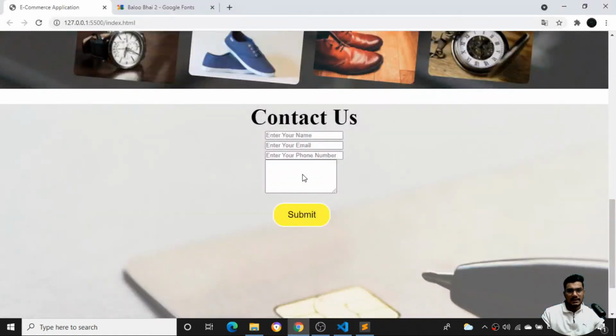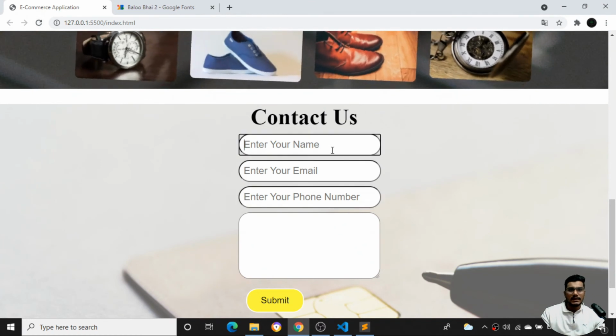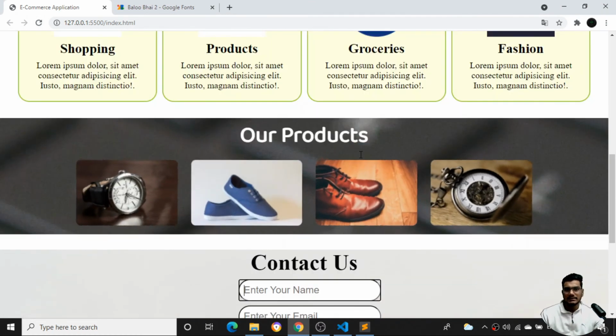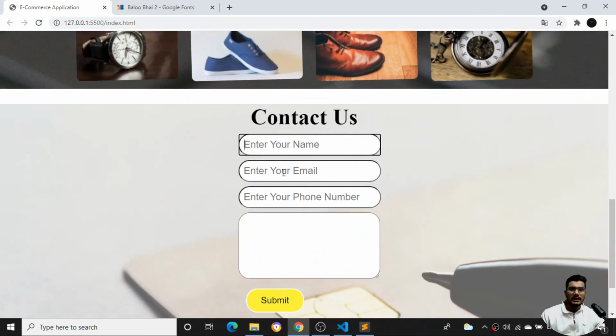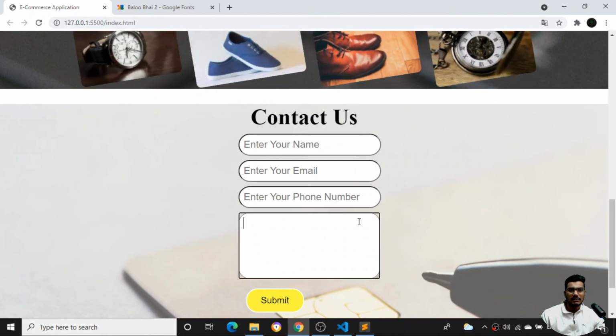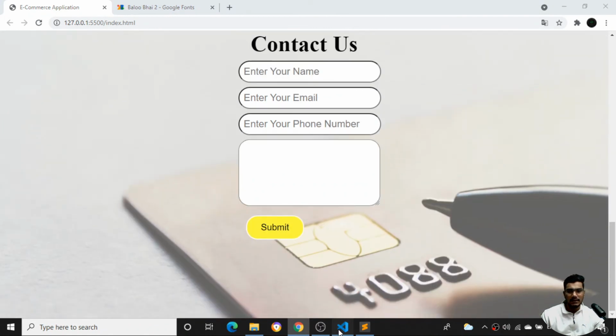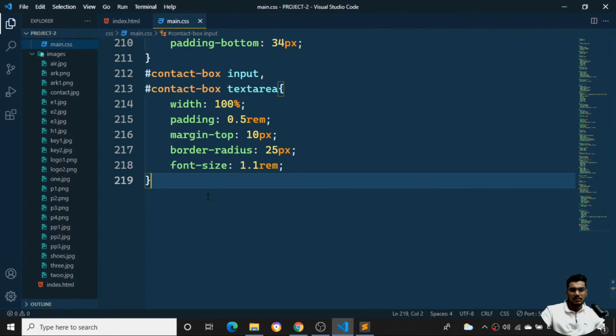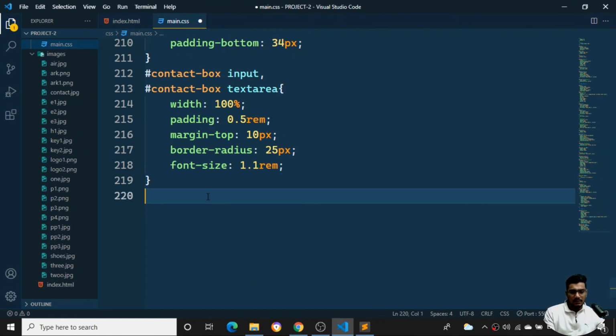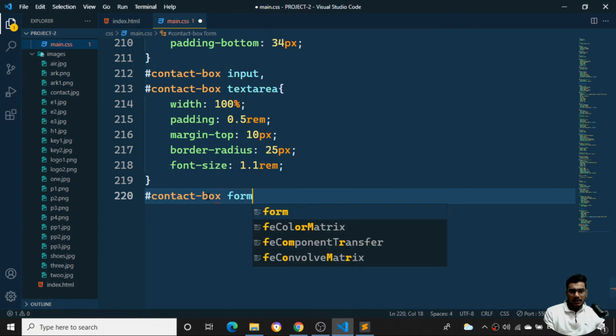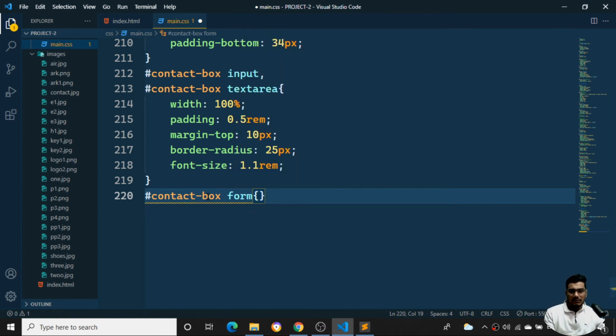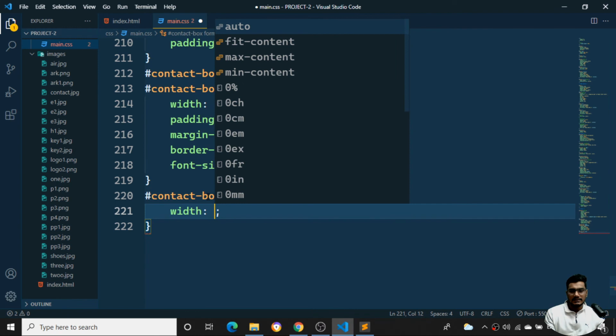So if I come back here, you can see the button is looking fine. Our contact page is looking perfect over here. The enter your name, contact name, as well as the phone number, as well as everything I'm getting over here. So let's apply one more CSS property for the form now. Whatever the hashtag contact box form is there, I'll set the width to 40%.